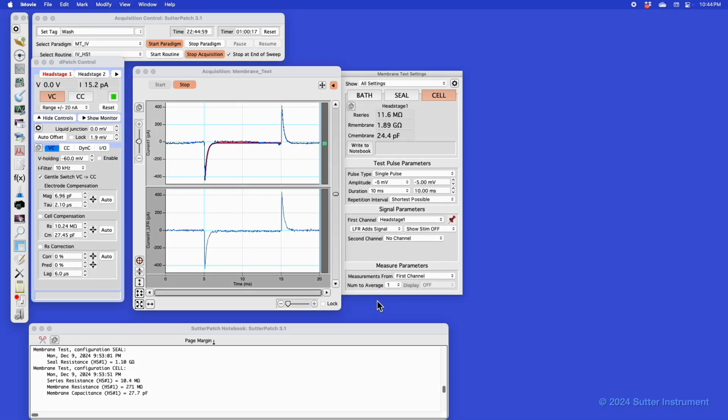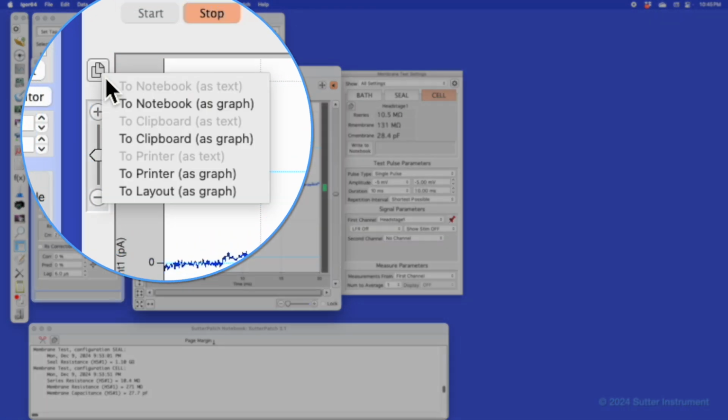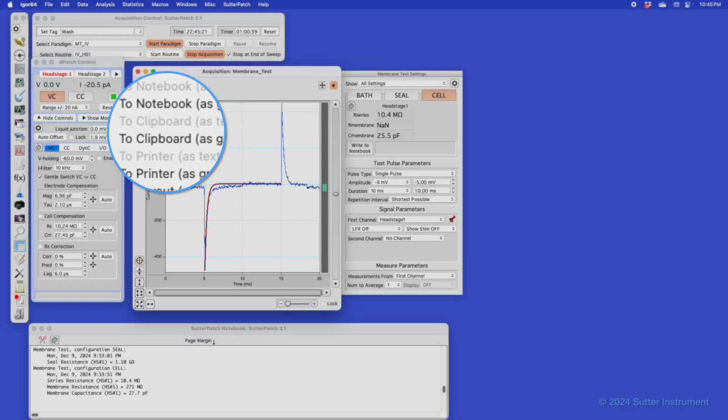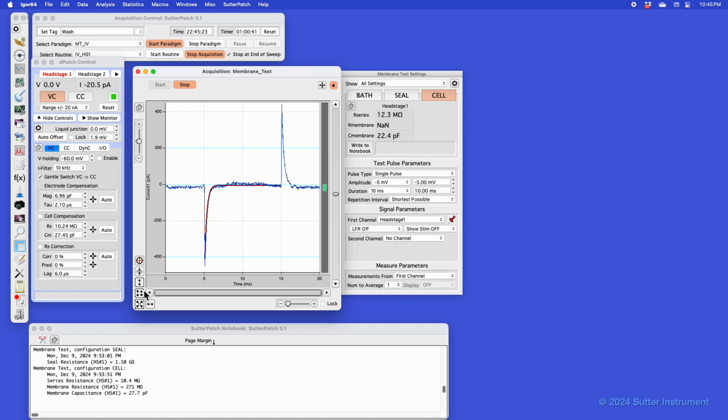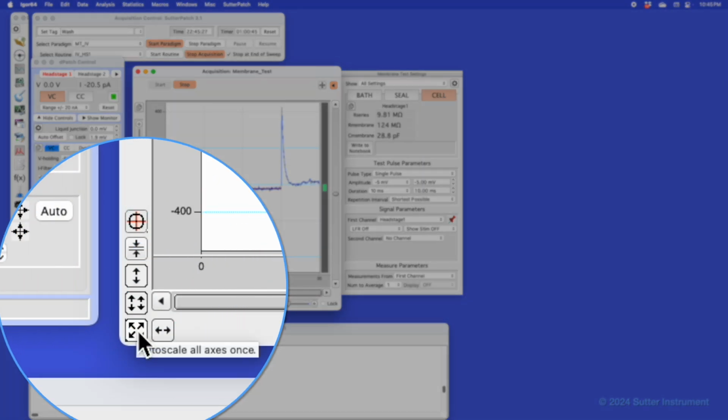I'll talk a little bit about the buttons that were added to the oscilloscope window. In addition to the copy to button that we talked about earlier, we've also made some changes to the buttons on the bottom here. We split the continuous auto scale button to two buttons, and the reason for that was to make it clear. It's a single one shot, so you do it one time. It does an auto scale on both the X and Y scaling. This enables continuous auto scale.